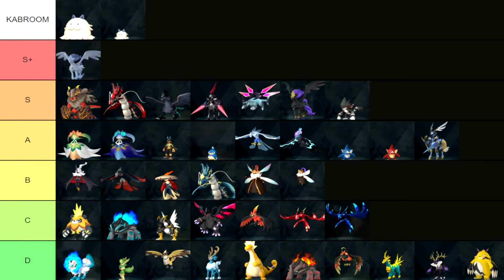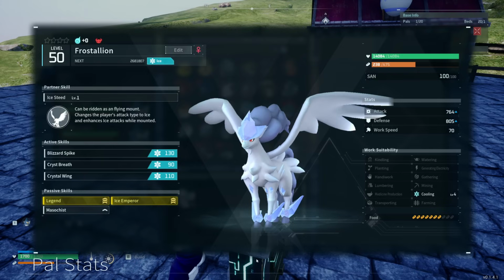Finally then we have our S+ tier, and in this tier is one pal and one pal only, which is base regular Frostallion. Frostallion is identical to its variant, except obviously being ice type, which makes it strong against dragon types, which are much more prevalent and dangerous pals than neutral types are, and it also has 120 defense instead of 135, so